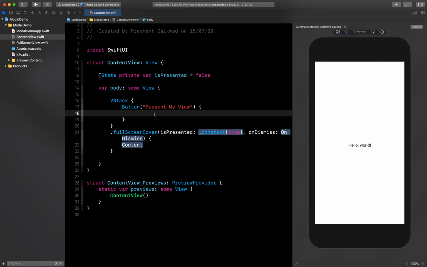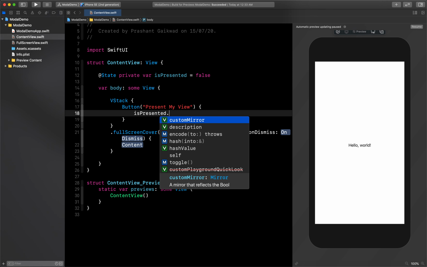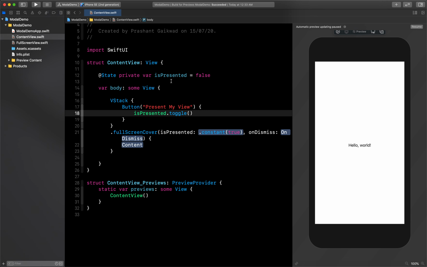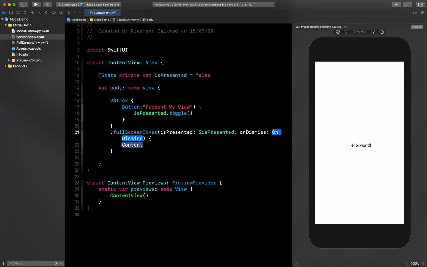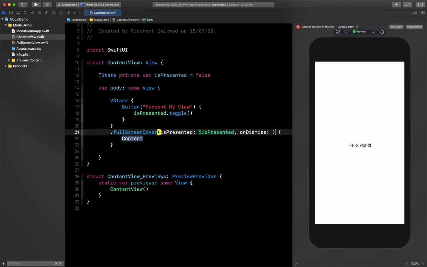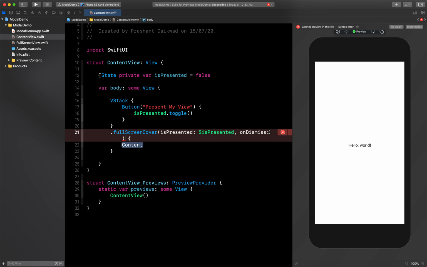Then we need to change that value here. So let's do that, isPresented.toggle(), which will change the value from false to true, and next time when you click it, it will convert it from true to false. Okay, now we have that value, so isPresented, we have to use that here. And onDismiss, we don't want to use anything for the dismiss, so we will not use that.